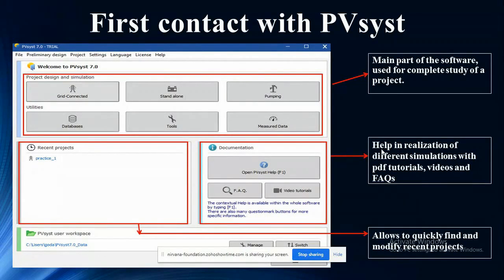Recent projects will show all the recent projects we have done. And in the documentation, there is a very good explanation of the software, with PDF tutorials and videos available.